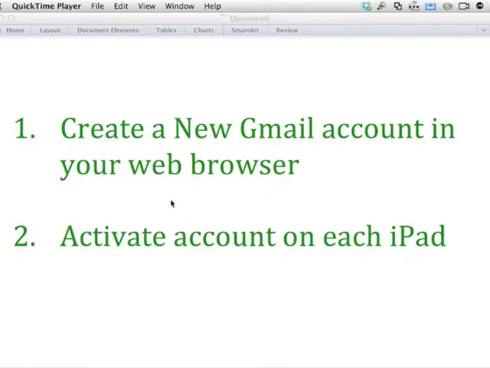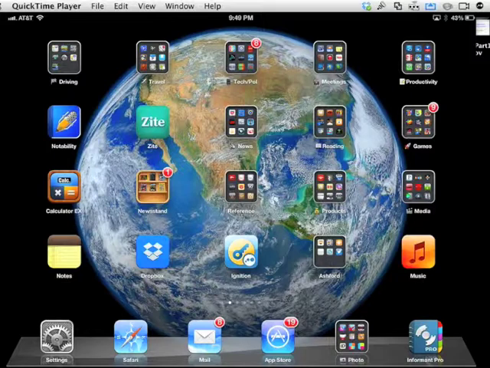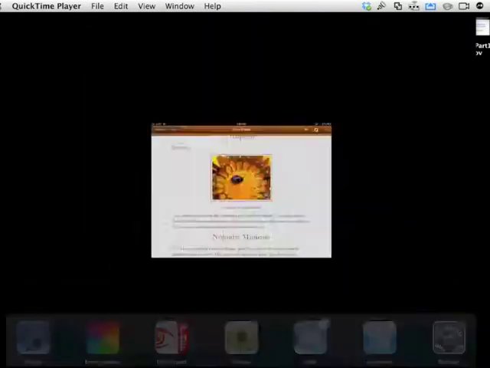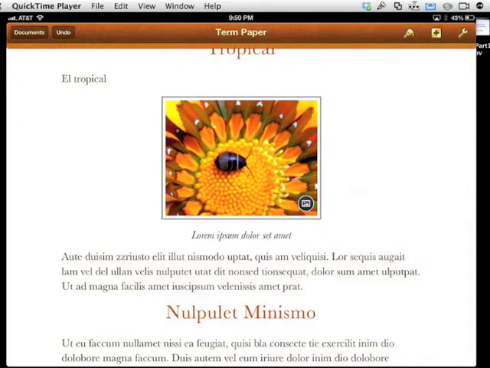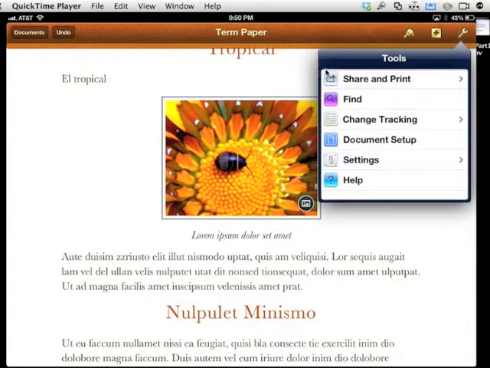Okay, so now that you've established an email account on each of your students' iPads, you now have the powerful ability for your students to wirelessly beam their finished projects and documents or drawings or photos to you as you need them to. Let me just give you one quick example of how that works. In Pages, for example, they open their document and they're looking for the share icon. It's a little box with an arrow coming out of it. Now, Apple plays a little trick here and hides it behind this wrench, but they tap the wrench, and sure enough, there's the familiar share button,